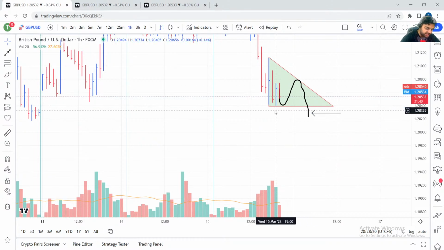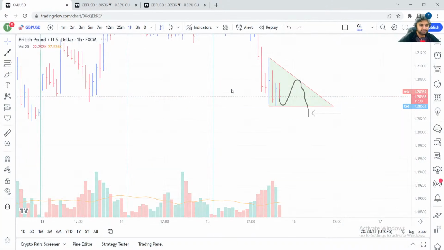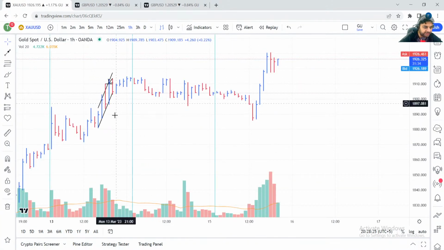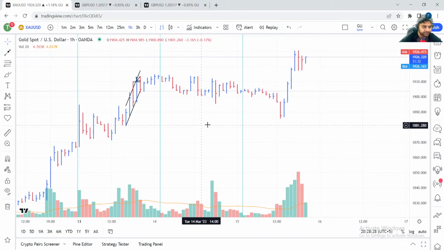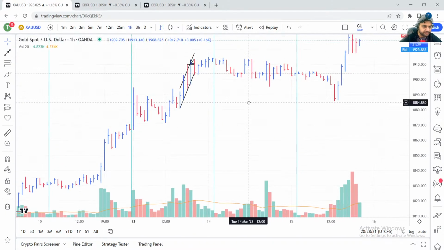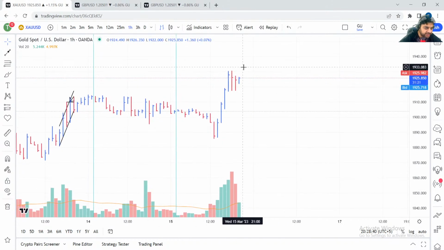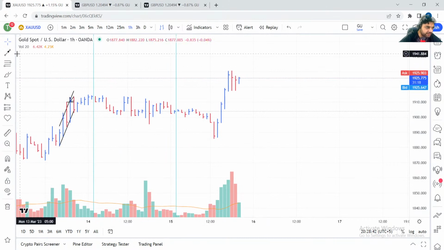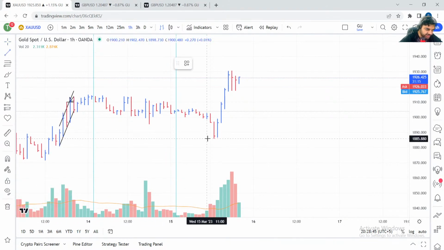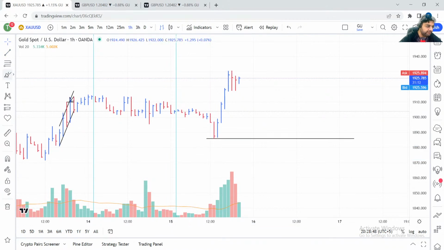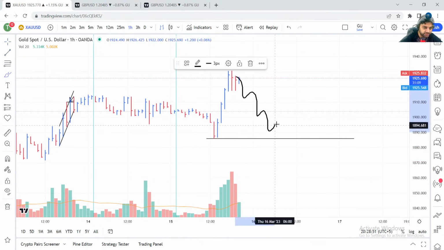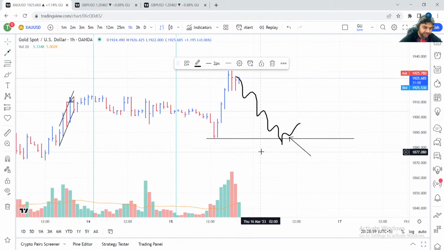How about gold, XAU USD? The gold, let's go for gold. This is 1 hour time frame, and as you can see the market is in uptrend. And guys, can you see this is something like jump across the creek? If this is jump across the creek, the market might come down for back up to the edge of the creek. So I will wait for the market. There is no trade right now. I will wait for the market. If the market comes down to this level and maybe it forms a spring, then I will buy over here.